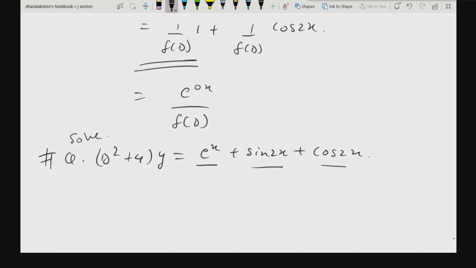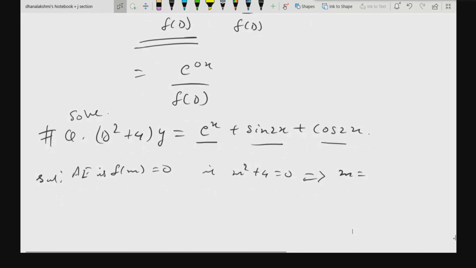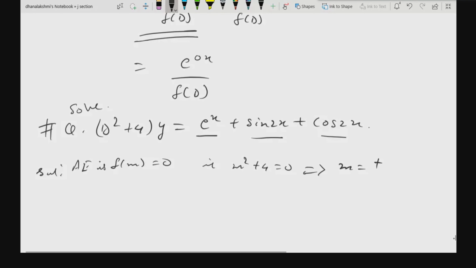So don't assume that in the final exam subjective is just 2.5 marks. Let us skip few things? No, you still have to solve everything for this question. So solve this one. First write down the auxiliary equation. Fm is equal to 0. Auxiliary equation is Fm is equal to 0. That is m square plus 4 is equal to 0. What are the roots? Plus or minus 2i. So plus or minus 2i you will get. So what will be the complementary function? Tell me.